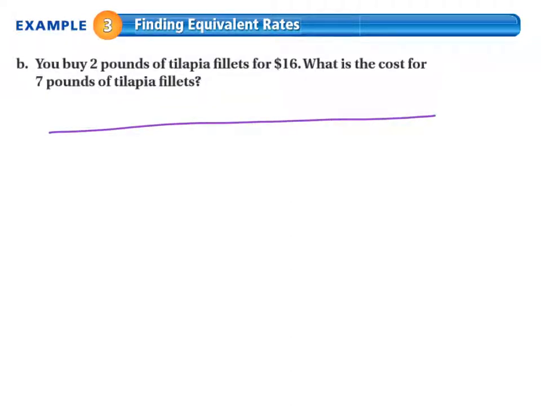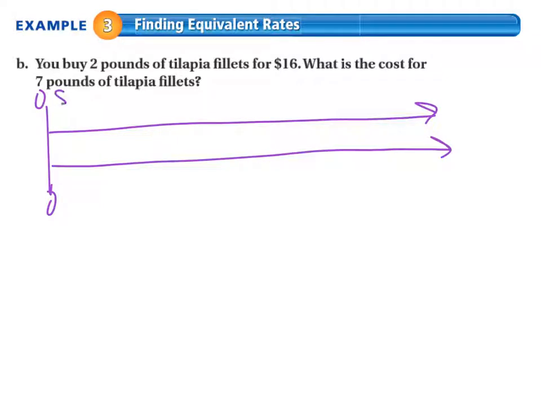So we're going to draw a double number line. Always starts at 0. So on the top we're going to put dollars, and on the bottom we're going to put pounds. So let's fill in what we know. We know that for 2 pounds it is $16. Okay, well, for 4 pounds it's probably $32. I just doubled them. If I double them again, or if I add 2,